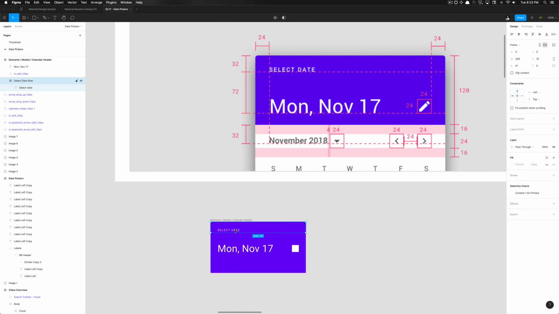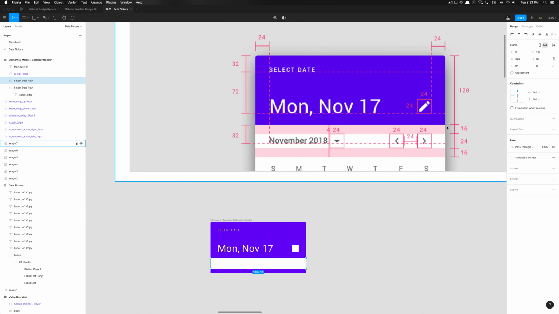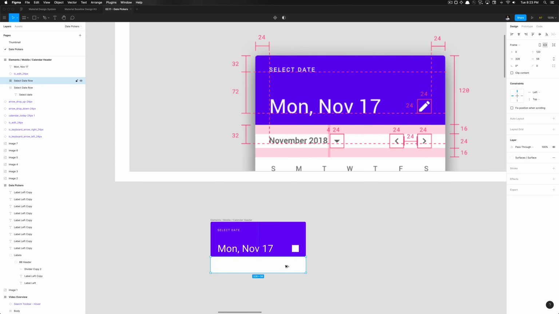All I have to do is I could even duplicate this row, delete the text in that frame, and specify this background to be set to surface. And I just need to ensure that the height is set appropriately. So it's set to, what is that, 32 plus 24, which will give us 56. So the height's set to 56 on this element,